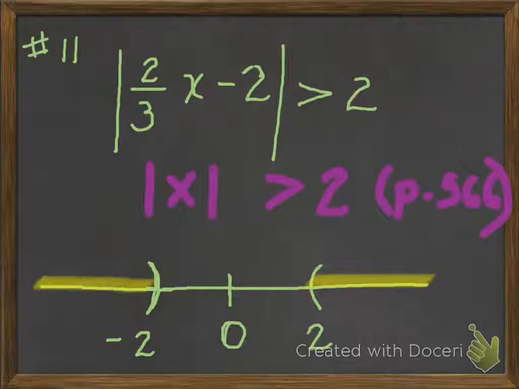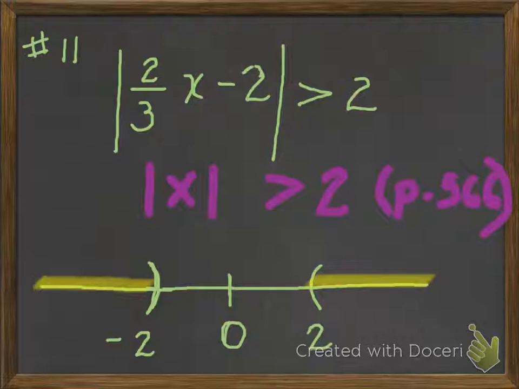Now the second case that you can have with an absolute value inequality is the case where the absolute value of the expression is greater than some constant. So in our case, we have an absolute value expression that's greater than 2. And that will look like the region shaded below, which means, let's think about this. On the right side,